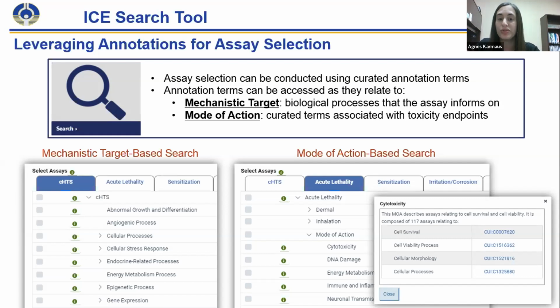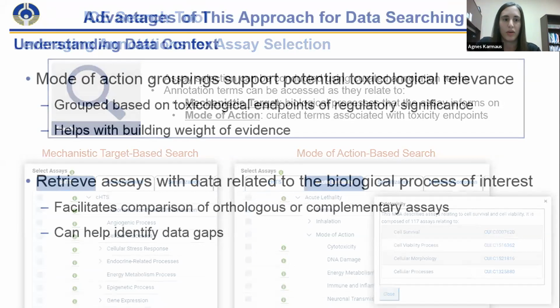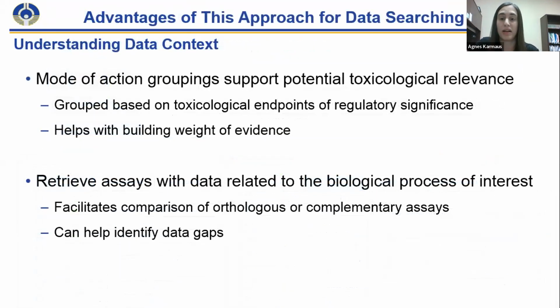So imagine we choose our cytotoxicity box here. There's 4 terms within it. We know that all of those assays may contribute to acute lethality, and we conduct a search. This helps us because the mode of action groupings are supporting potential toxicological relevance. Of course, these are regulatory endpoints in particular that we're grouping these assays into, and it can help build a weight of evidence. As you group these assays together, all these 117 or sub-selection, if you choose to narrow that